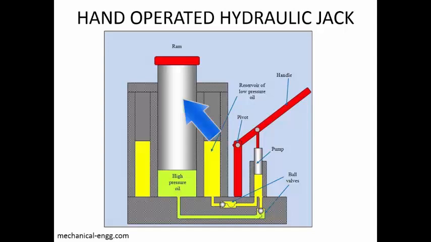So here you are having a very large cylinder which is having a large diameter piston. That is where we are trying to lift the load. Then you are having the lever using which we are trying to lift this particular load. Now the lever is hinged and it is connected to the small cylinder, that is the input cylinder. Then when you are operating the hand lever up and down, this piston is going to move up and down. So when the piston is moving upwards, that will be the suction, and when the piston is moving downwards, that is the delivery.